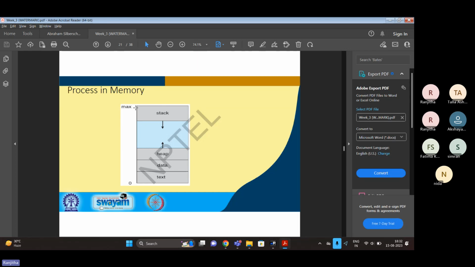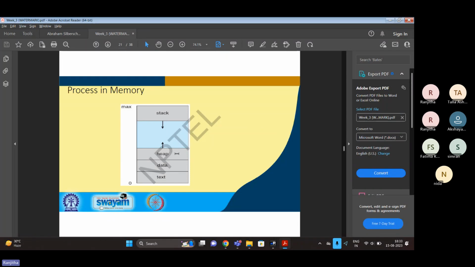In general, the stack grows from top to bottom and the heap grows from bottom to top. This area will be used during the running of the program. Whenever any new variables are created, or a new function is executed, the parameters and all that go into the